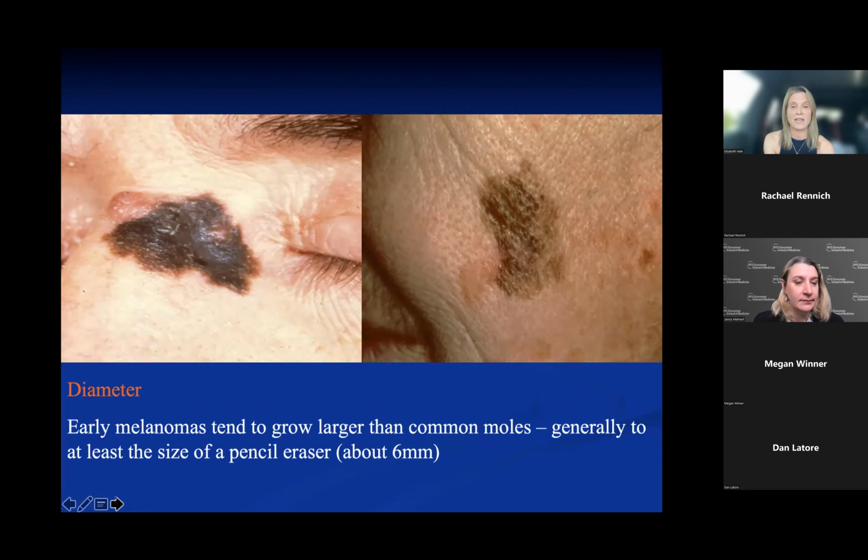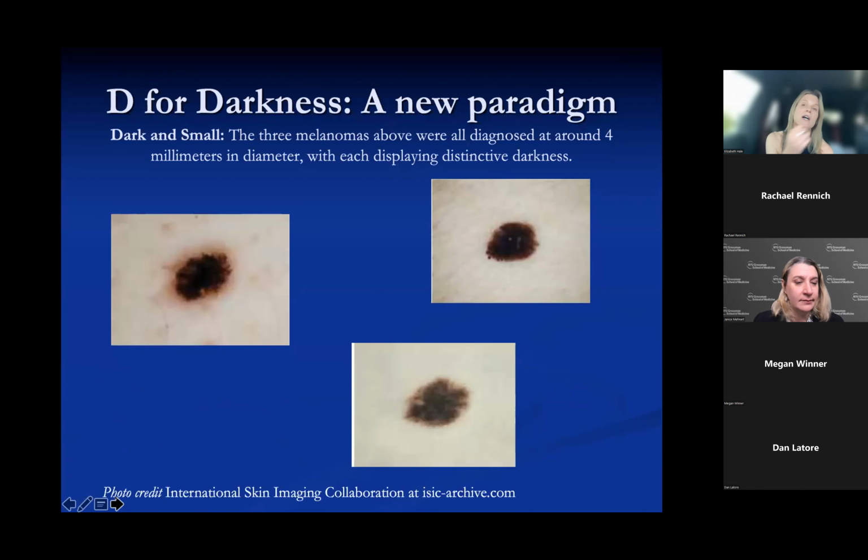moles. We used to say generally to the size of a pencil eraser, which is 6 millimeters, but we've gotten much better at diagnosing melanomas. And recently at the Skin Cancer Foundation, we've talked about a new paradigm, which is including D for darkness, because sometimes, like these 3 melanomas depicted here, they can be small. These can be 3 to 4 millimeters or less. And although they don't necessarily follow all the other ABCDs that we've talked about before, if you see a really dark mole, especially if it's new, it should definitely be biopsied because that could be melanoma, as these 3 lesions